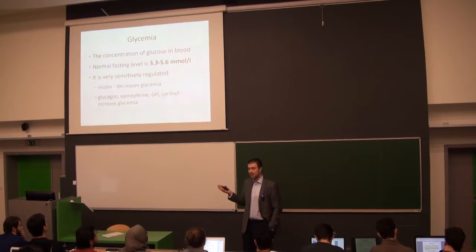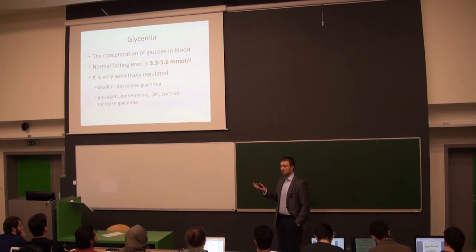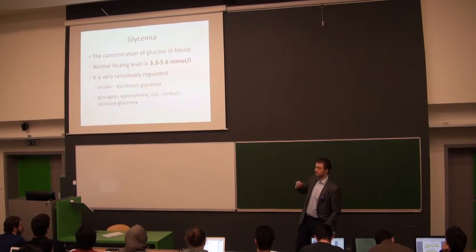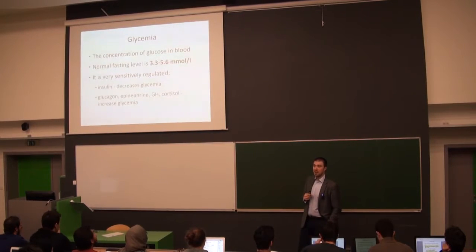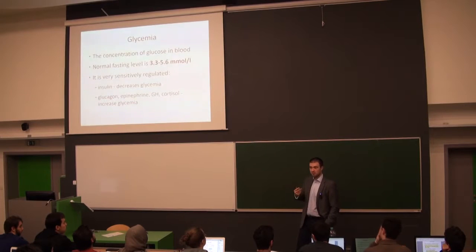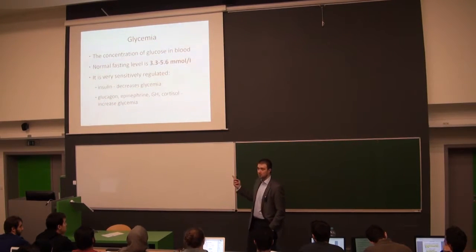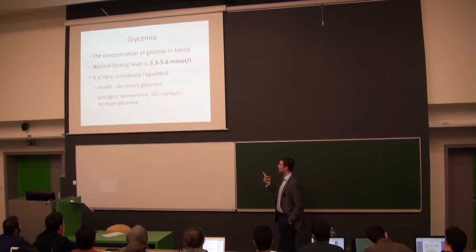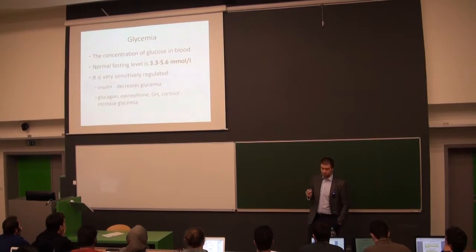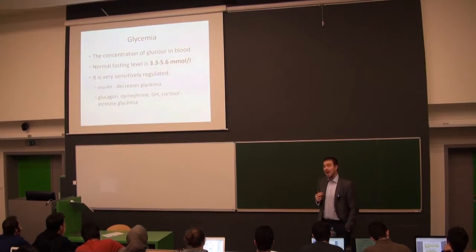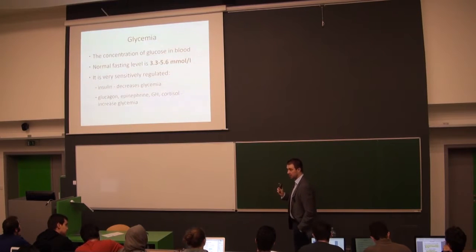Due to some other illness, then you can measure higher values of the blood glucose level, and you will simply know that the patient is after lunch. Yes, and therefore it's normal to have higher, but it's not normal if it's fasting level. The normal fasting level should range between 3.3 and 5.6, and as you know, this number is very strictly regulated